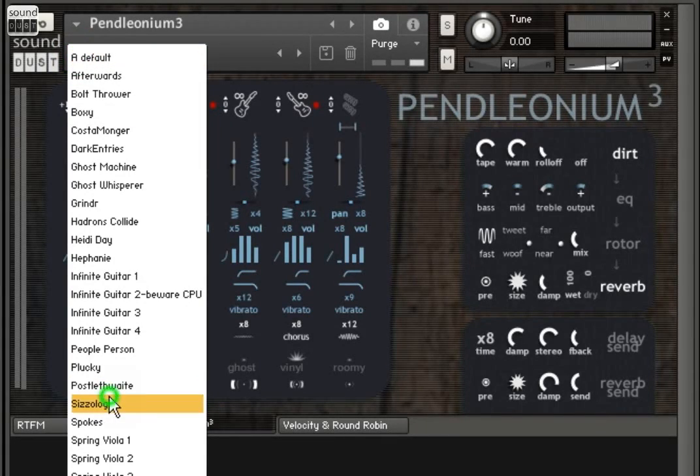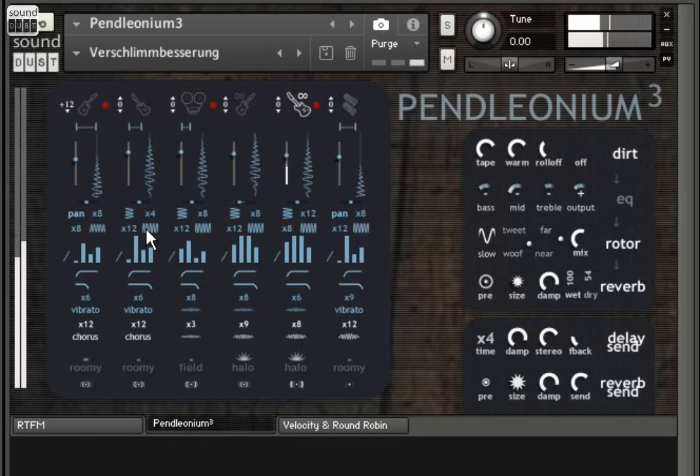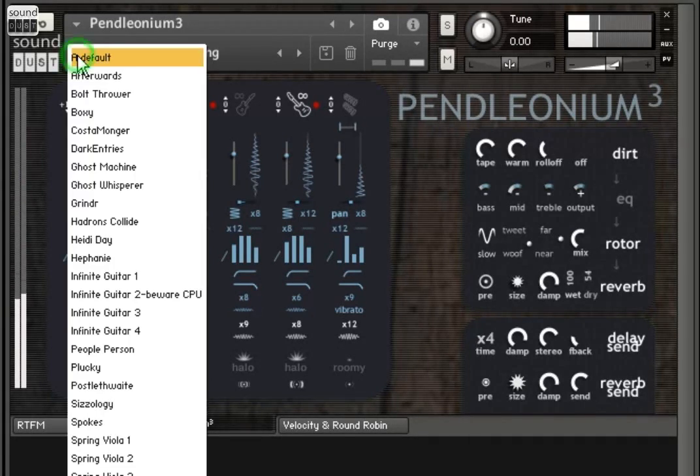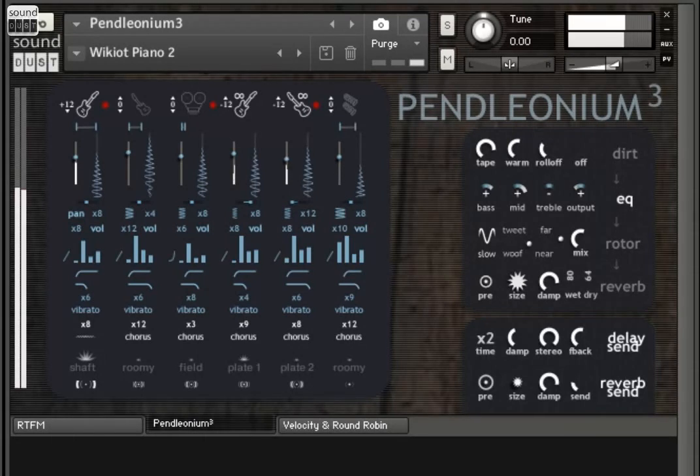Bob's your uncle. Oh, here's one, Sizology. This uses the nasty filth control. And a lot of reverb. A lot of these sounds are really worth holding because stuff will happen. Oh yes, and there's kind of piano-y things. See, I mean,